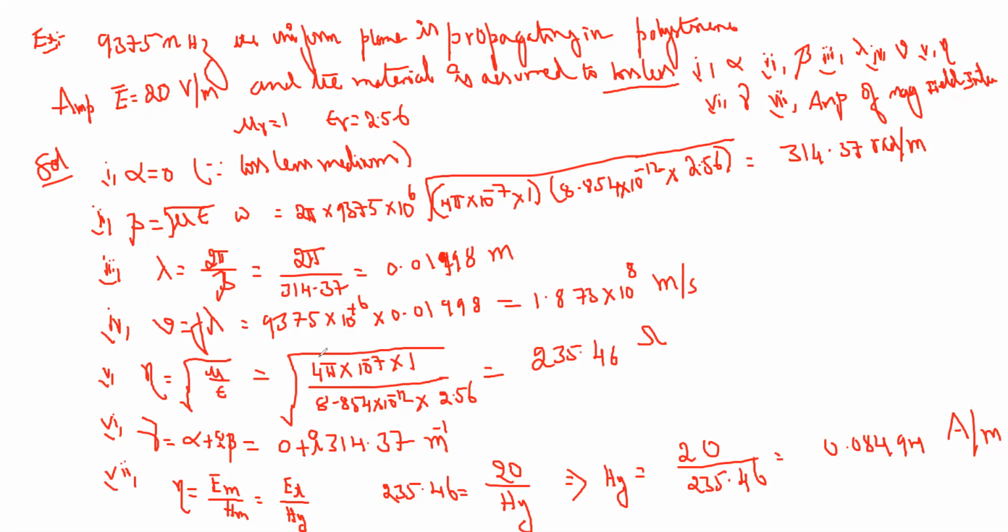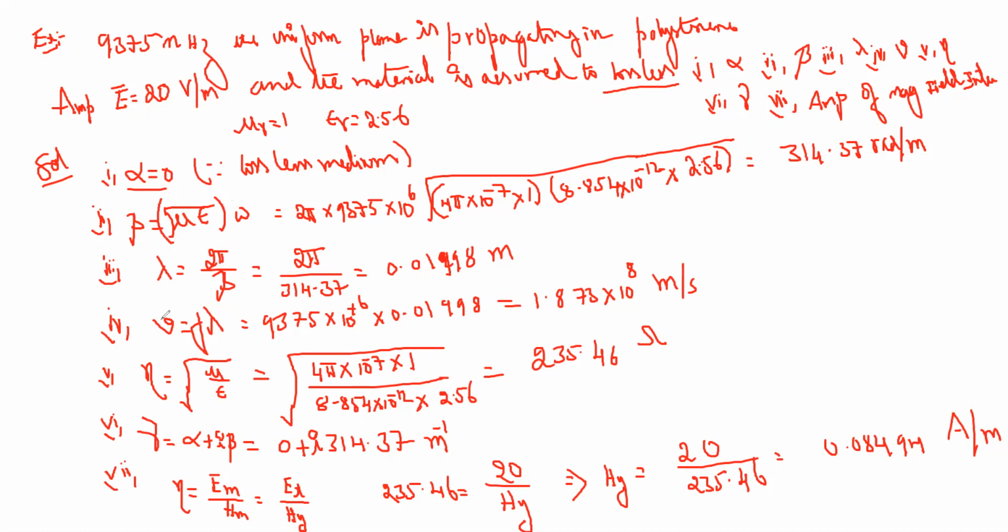propagated in polystyrene. For that material, assume it is lossless, mu r is equal to 1 and epsilon r is equal to 2.56, and given also the amplitude of the electric field intensity is equal to 20 volts per meter. They ask for the attenuation constant. Given that the medium is lossless, alpha is equal to 0, and beta is equal to omega into under root of mu epsilon, and lambda, the wavelength, is